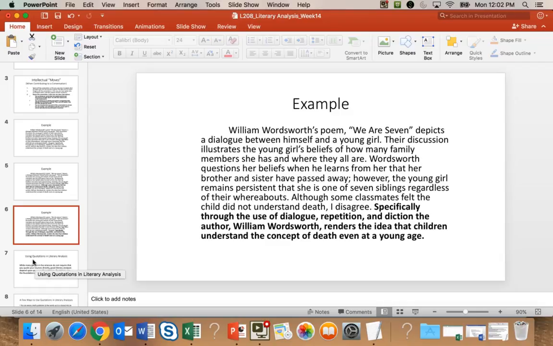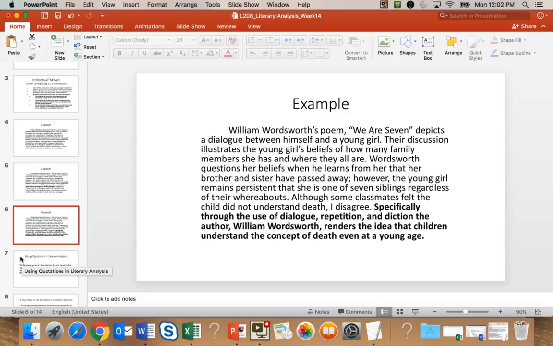Okay, so in addition, once you have your thesis for this paper, you will then have body paragraphs that are going to prove your thesis. And you're going to prove your thesis through literary analysis, which we sometimes call close reading. Now, we've been doing literary analysis all along in our course.